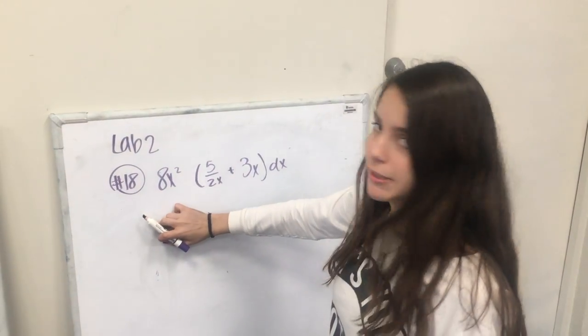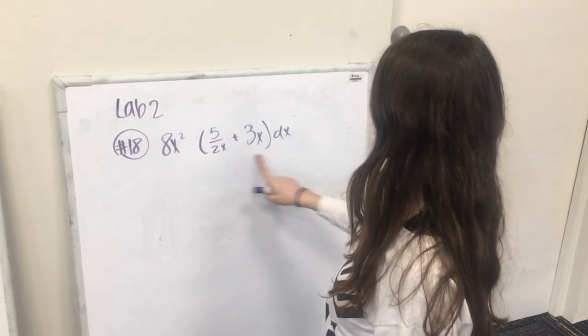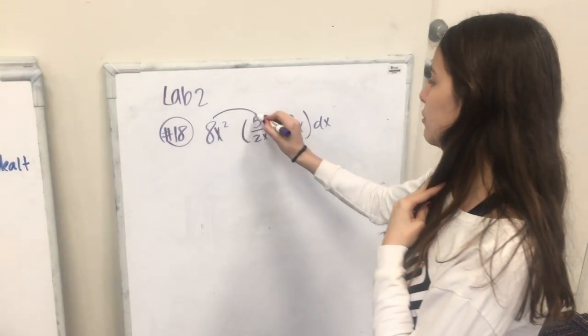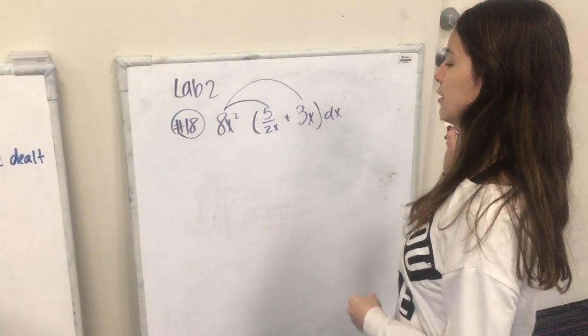So this is problem number 18. First, as we can see, this is not a number that can be solved yet. First, you need to multiply this one times this one and this times this. So first,